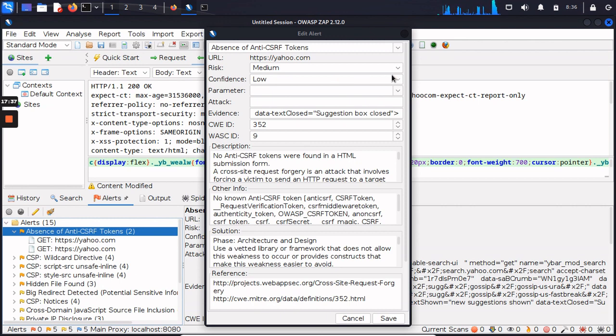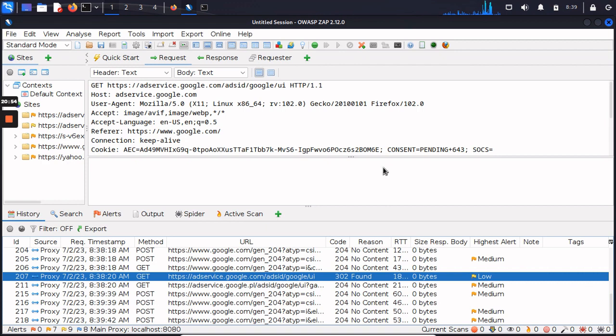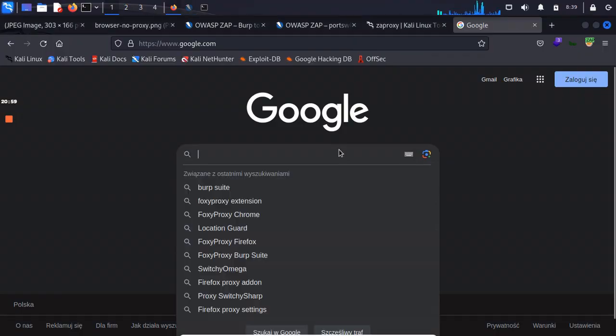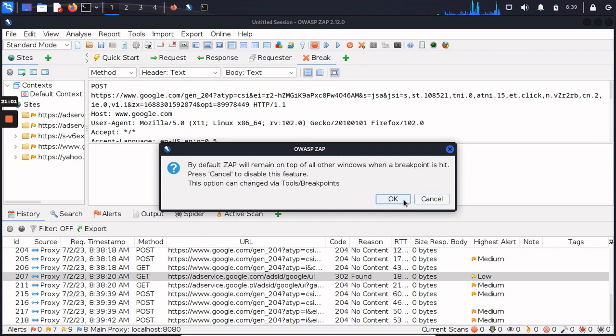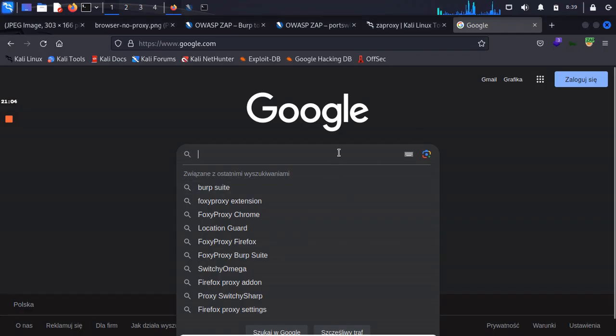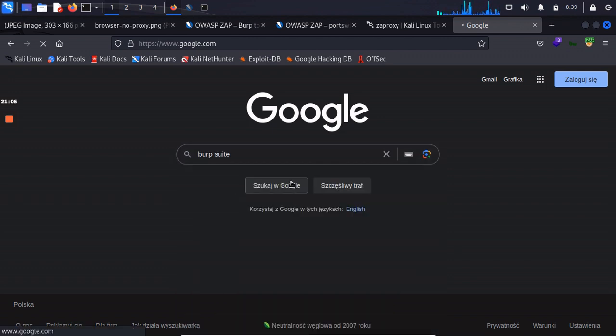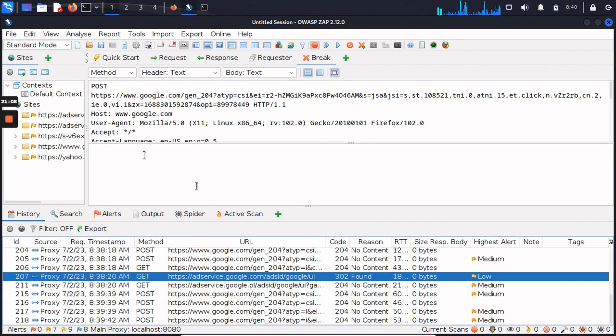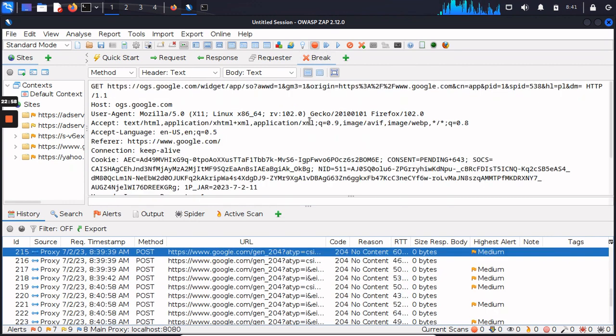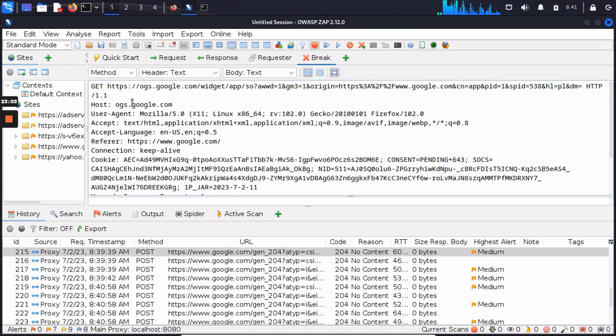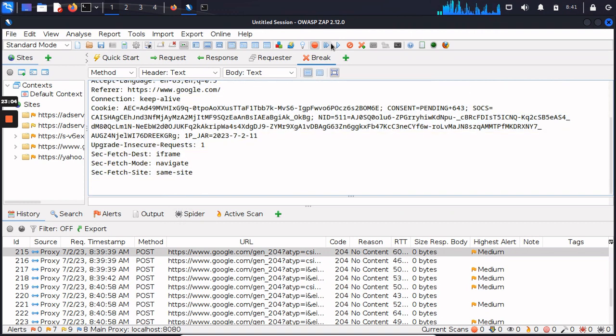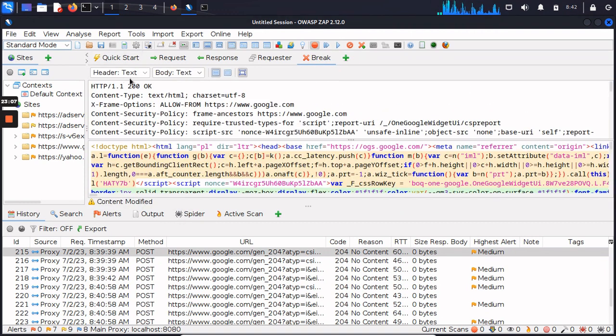Here we have confidence, it's low, so it's not that dangerous. Also, if we set the break off and write something here, like Burp Suite, and we come here, we have our packet. It's like a GET to Google, and here we have all the information in that packet. Let's go. Okay, here we have a response, I think,